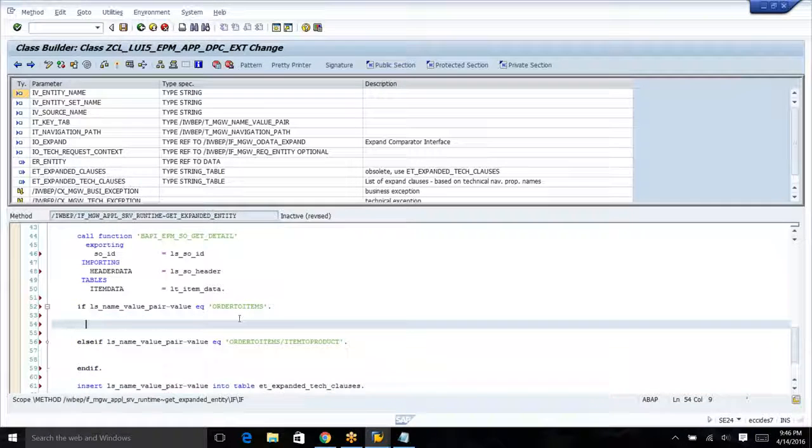So if it is other two items, I'm going to define a data type